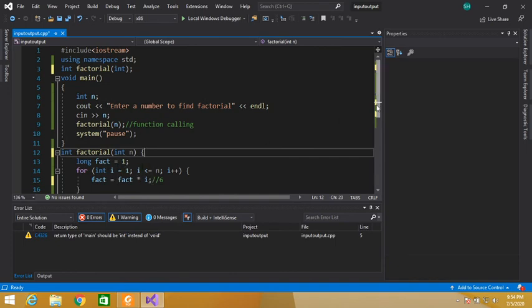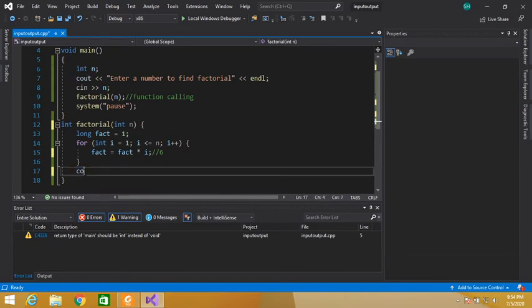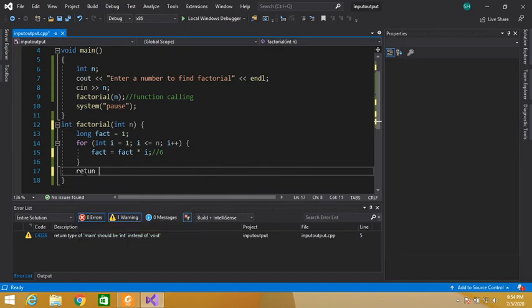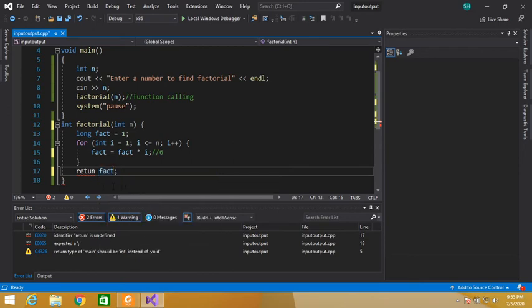So how can we return the single value? Simply instead of writing this, we will simply write a return keyword here, and what we have to return is the factorial. So factorial, this is our fact variable. So return fact.